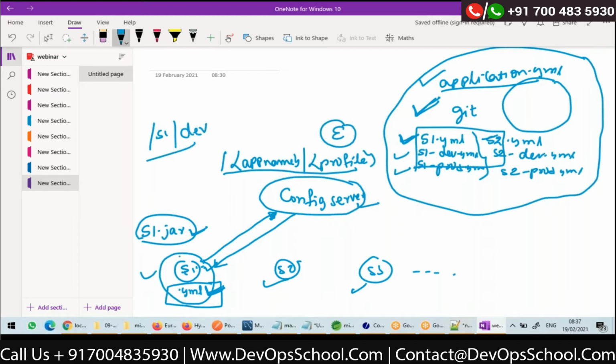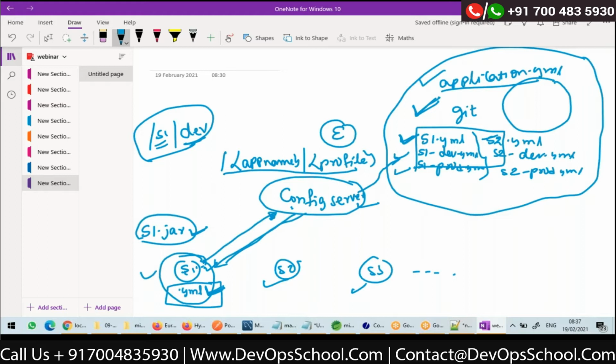So during startup of S1, it should make a call to the config server /S1/dev. Now the configuration server understands, oh, I have to get the configuration for an application with name S1 and profile dev. So now it will retrieve the corresponding configuration from GitHub, right? And then give the response back. And using that configuration, my other beans will be created.